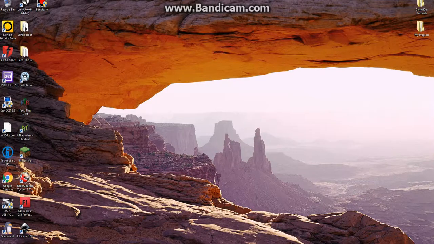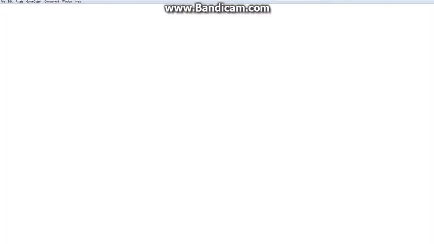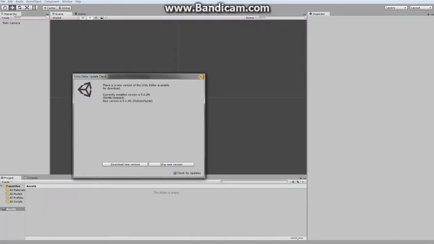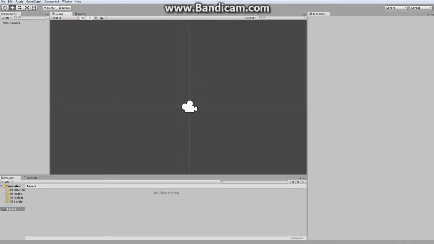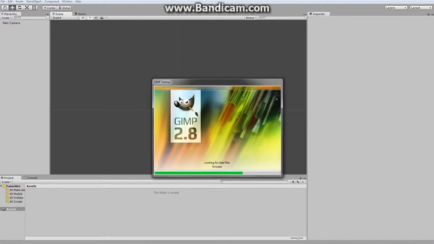So now, just going to wait for Unity to open, and what we're going to do is create a game where the player has to jump from platform to platform, dodge obstacles on the way, and eventually reach some sort of goal. And I want the platforms to be able to move around along with the obstacles, and just make a reasonable yet difficult challenge. So to start, we're going to create our sprites,